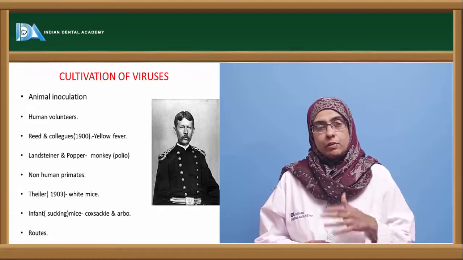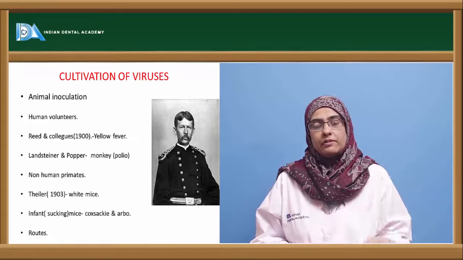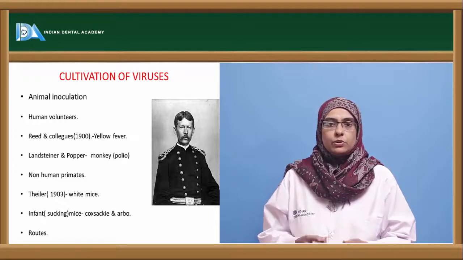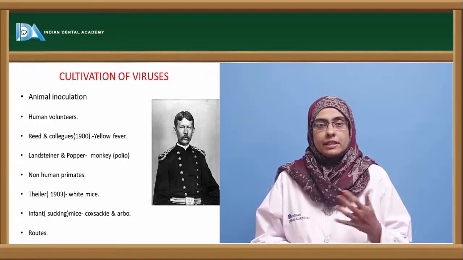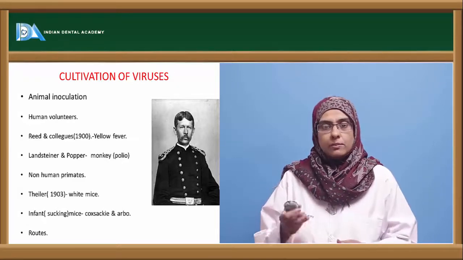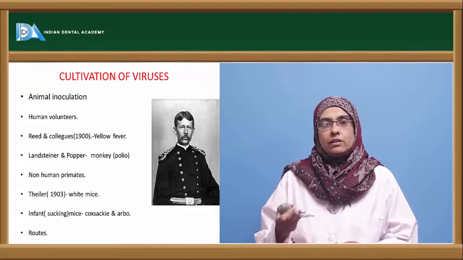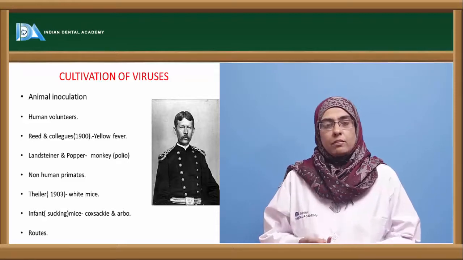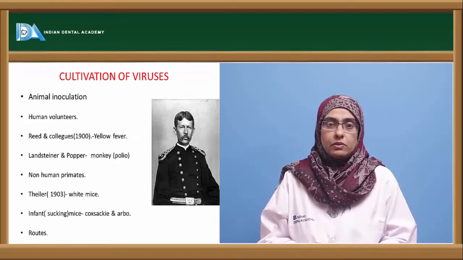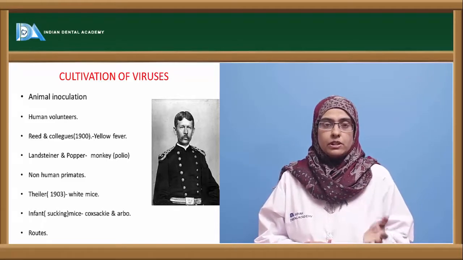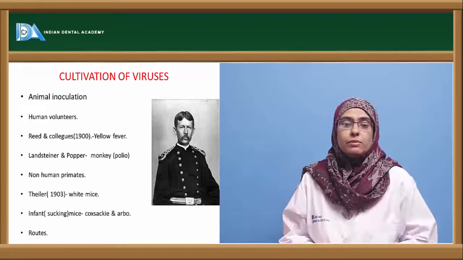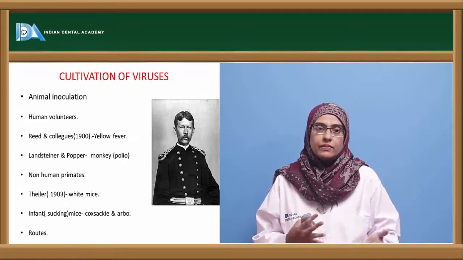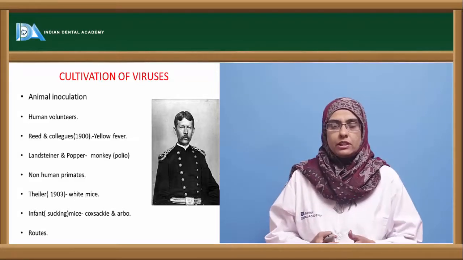The most important or initial step by which the virus was isolated was animal inoculation. Mostly human volunteers were used to isolate the viruses and study the characteristics of the viruses inside the human host. The best example was the study of Reed and colleagues, who studied yellow fever caused by the virus in human volunteers. But there are many drawbacks associated with human volunteers, the most important being people not coming forward to act as volunteers, and moreover immunity can be present in the human host to eliminate the viruses. These are the drawbacks for which we had to shift animal inoculation to experimental animals,